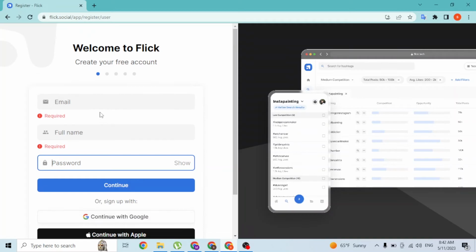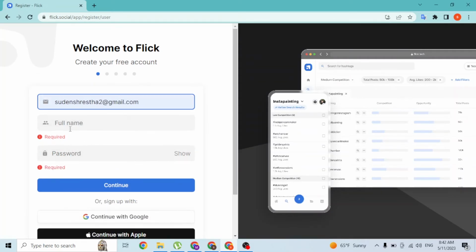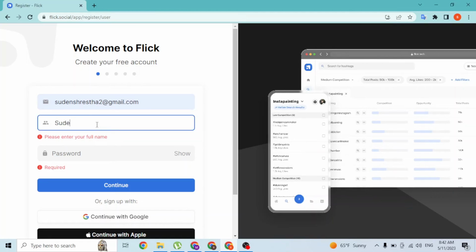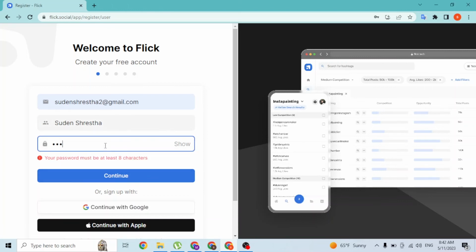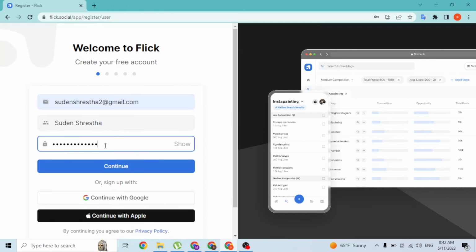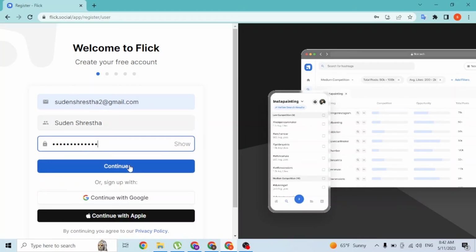And with that being said guys, let's enter our email address. I'll be just entering my credentials like this, and let's enter our full name guys. And over here enter your password. And guys, after entering your email address, your full name and your password, simply click on continue and your account